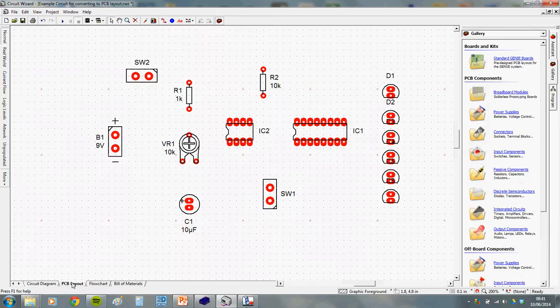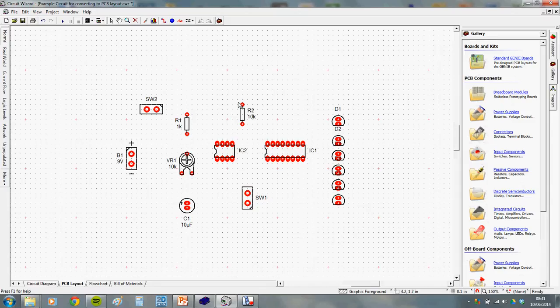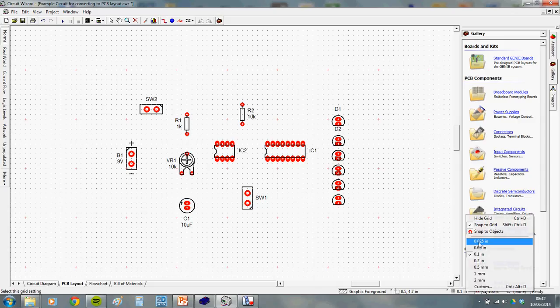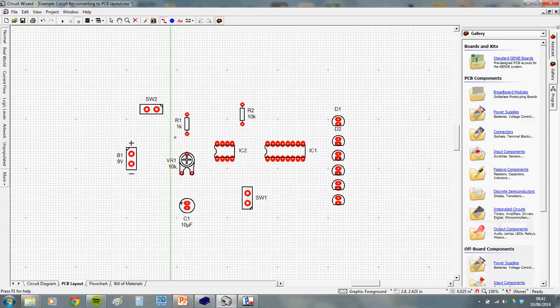So PCB layout. I'm going to draw in a positive and negative rail, so I'm going to go up and get my track tool. Here's my battery, plus and minus. At this point, by the way, I would encourage all of you to go down to the bottom right of the screen, click on this thing, and select 0.025 inch. That makes the grid smaller, and it means you can draw things a lot more accurately without the cursor jumping